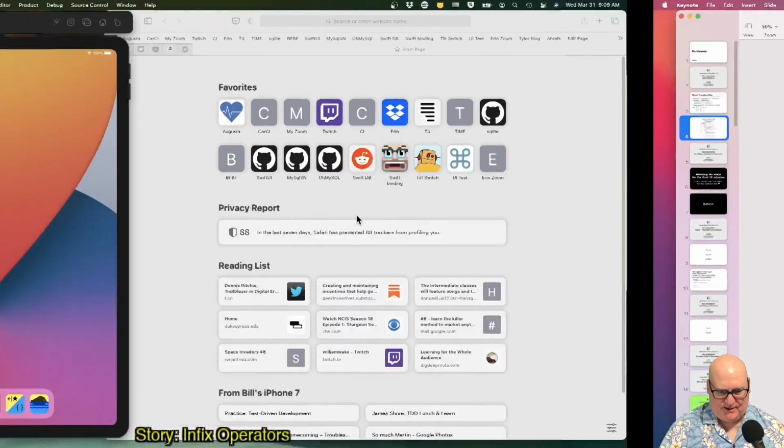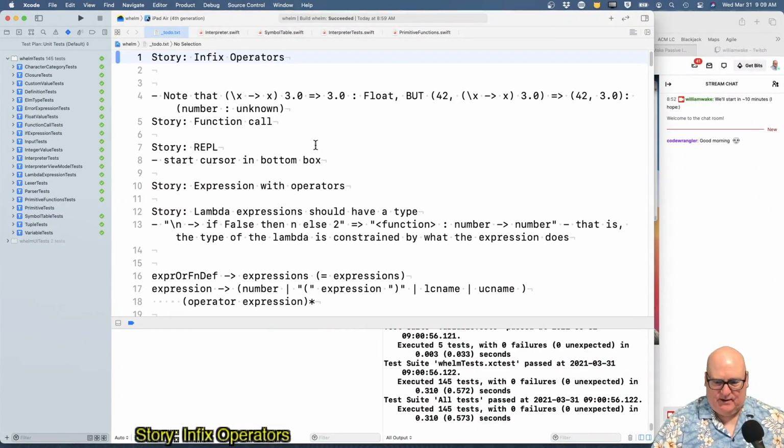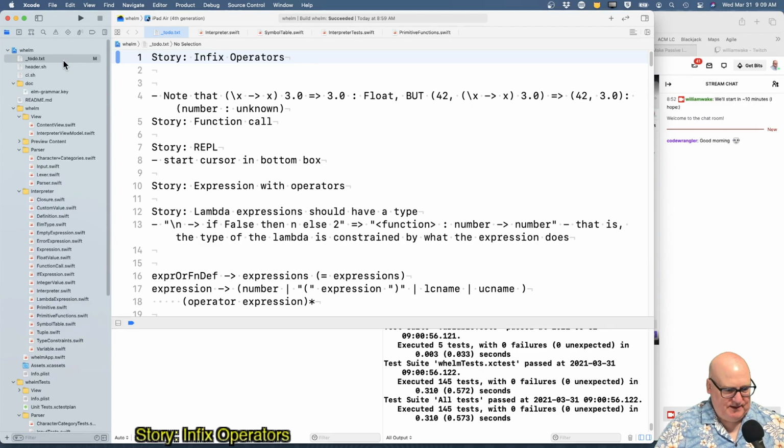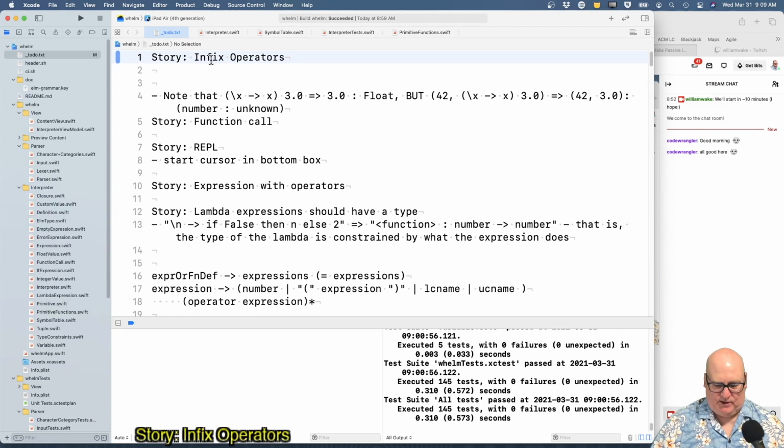So let's go to our code. And I think, let's see. So our story is infix operators. We got all tests passing. I think everything was checked in. Maybe not the to-do. Yeah, to-do's a little off. Okay. So we're going to do infix operators. I think we're going to take a side tour